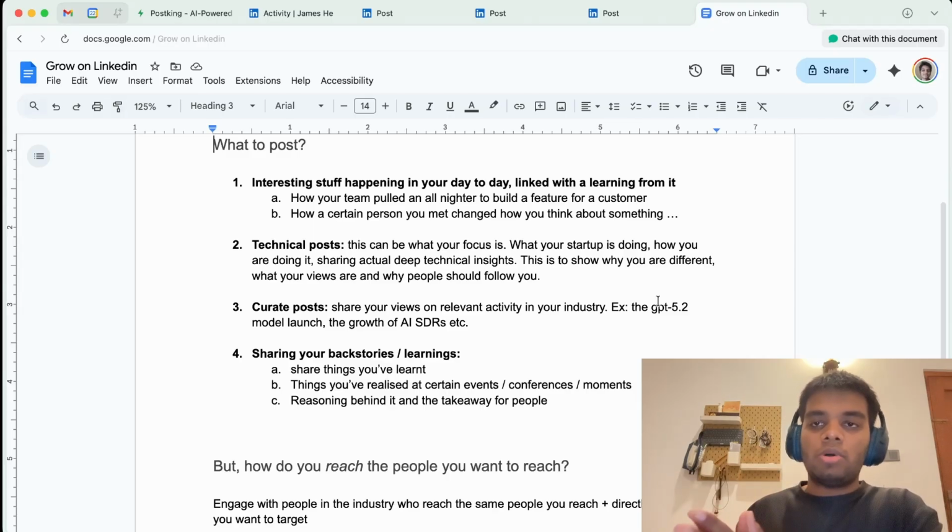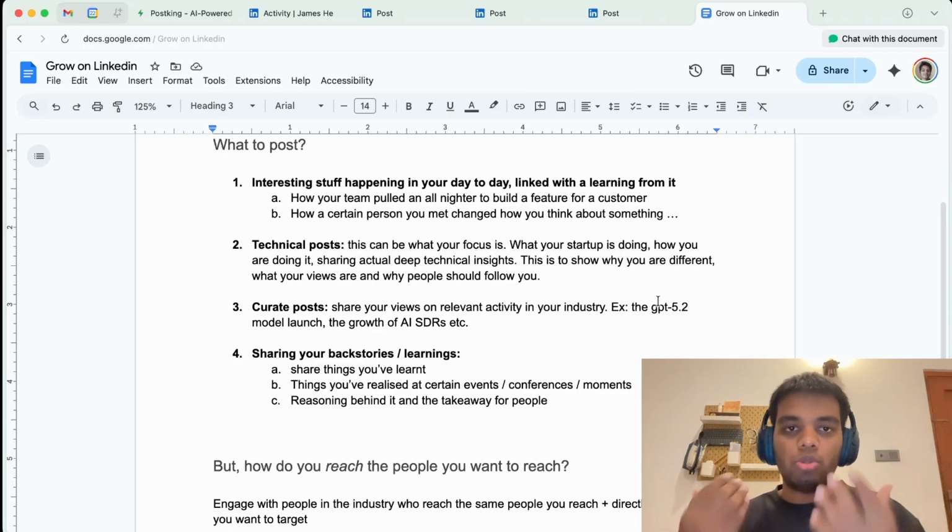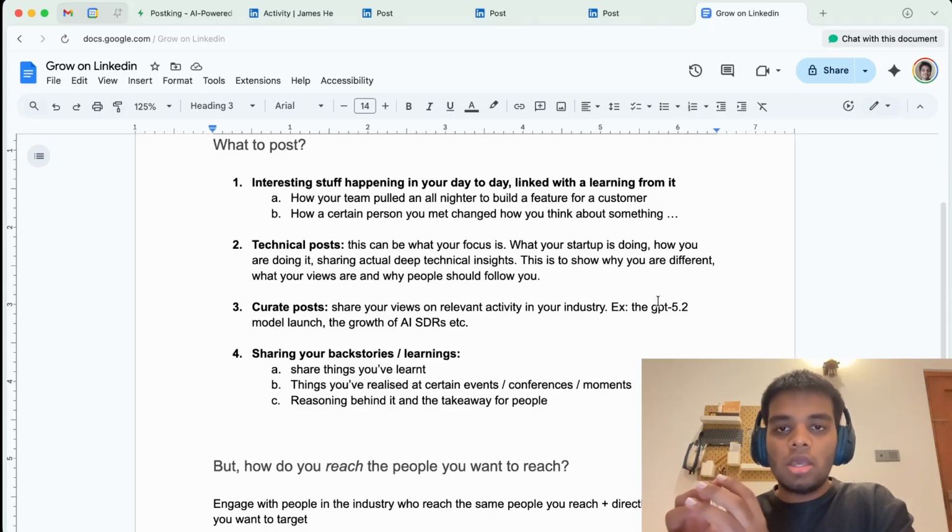There's also curation of posts. So basically, for example, if you're a company that provides AI search with memory, all of those things, you can talk about certain papers that were released. What is your take on that? You can talk about maybe specific memory companies, why they are better, and what is your choice for how you build memory in your company. Maybe talk about certain model launches, things like that. You basically curate other content, maybe news content or releases or launches or papers, studies, anything, and then you put